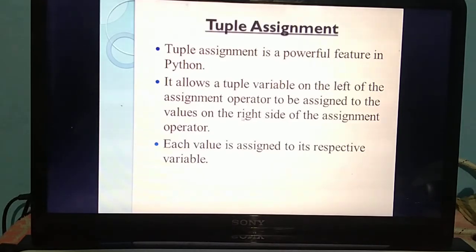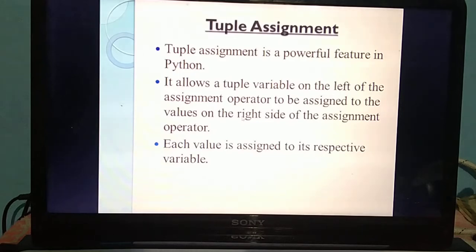So this tuple assignment is a most important feature in Python. Okay. So always, if you assign values to the variables, how will you do it? For example, a equal to 5. Always you should give the variables at the left side and the values at the right side. A equal to 5. Which one is the variable? A is a variable.